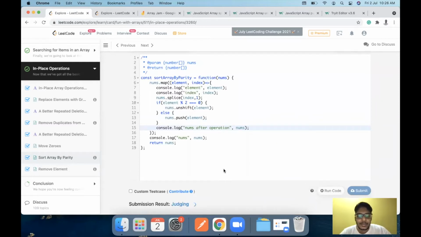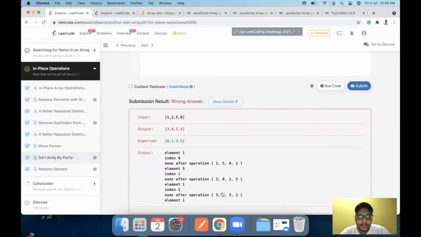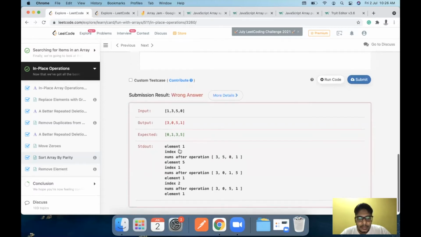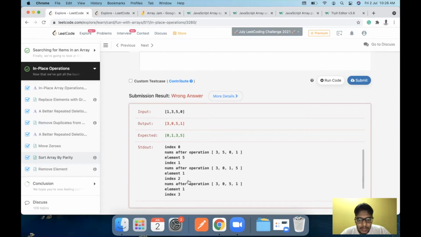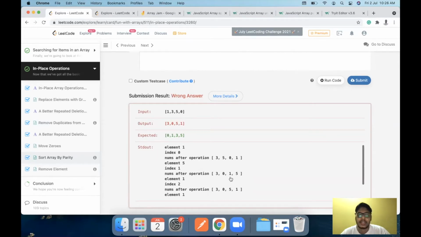Sometimes code goes wrong, that's okay. That's how we learn. So it first encountered 1 and it placed it at the end. Perfect. Then element 5 was added. Now the next thing that it did was okay. So in this case, my 0 got skipped completely because it has already passed that index.